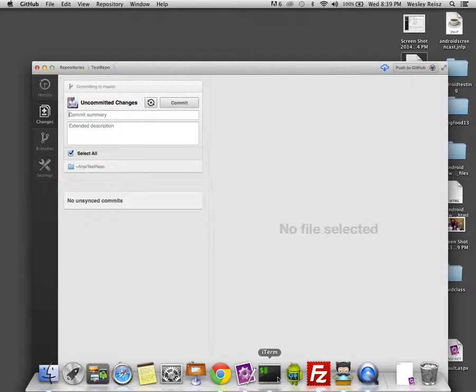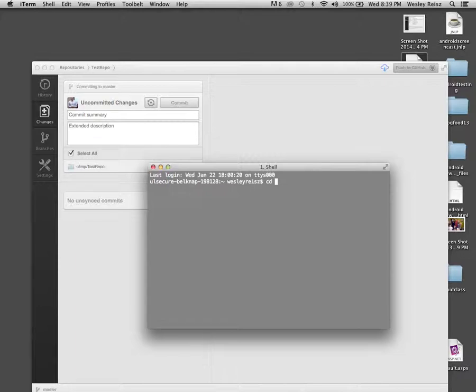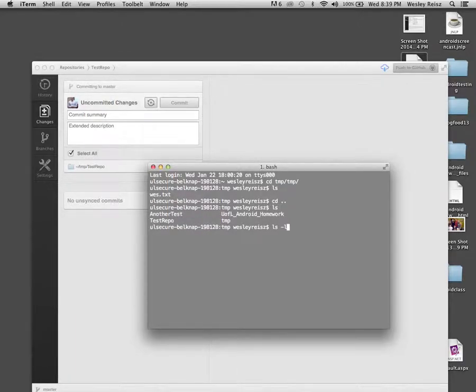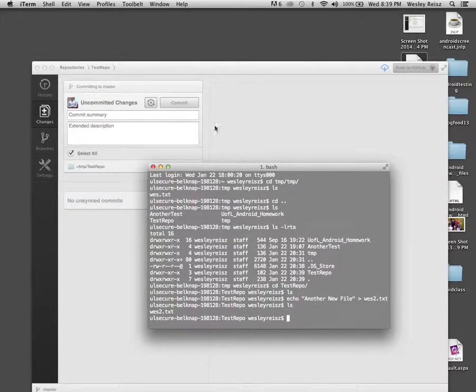So now use whatever you want to go create a new file. I'm going to use the command line. So I'm going to cd temp, and I put that in temp because I'm really original. Actually, I didn't. I did that in temp test repo, and I'm going to echo another new file into a file called wes2.txt. And then I'm going to do an ls, and I see my file there, and then I'm going to